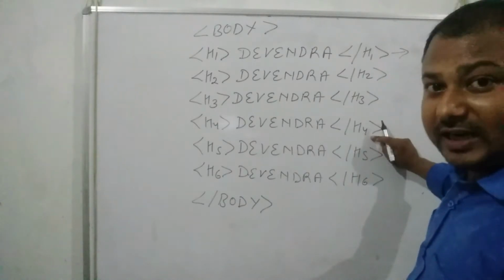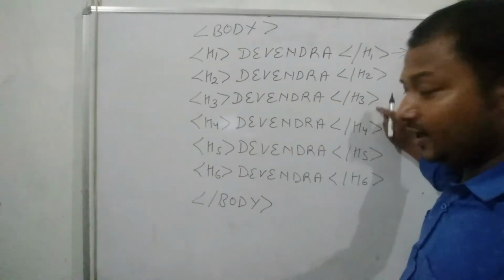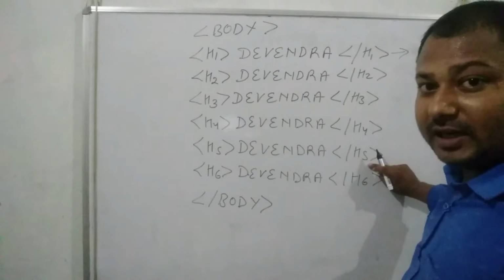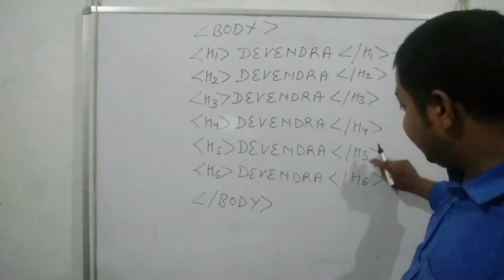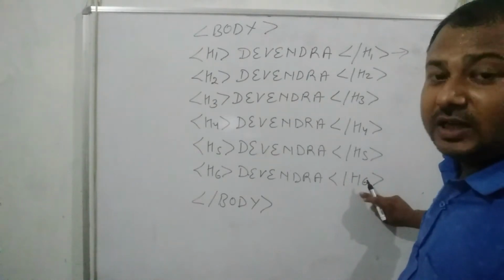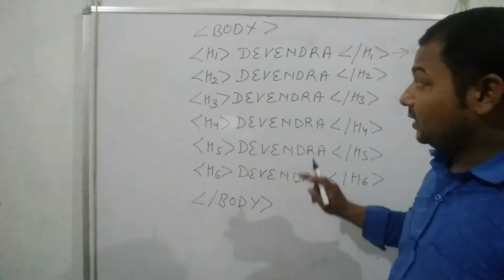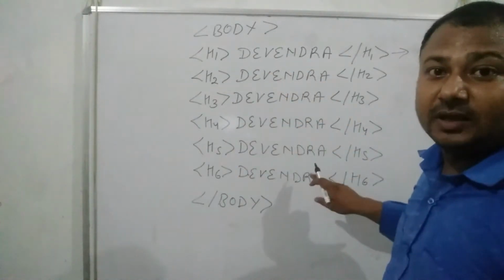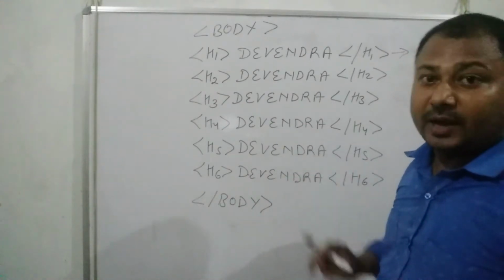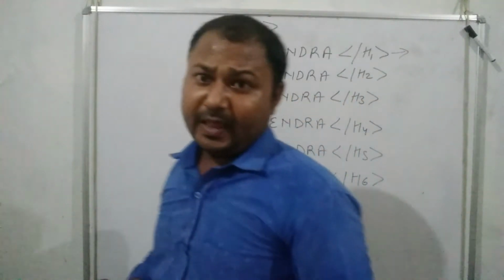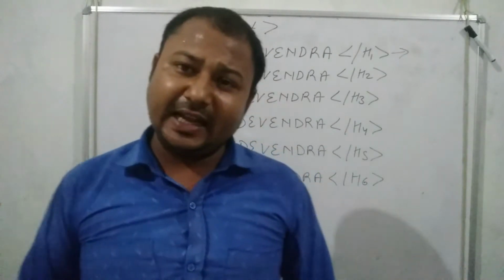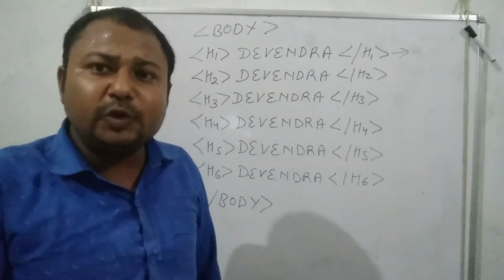H4 will be less than H3 and H5 will be less than H4 and H6 will be the smallest heading of this HTML programming. And now we will discuss in HTML how to use